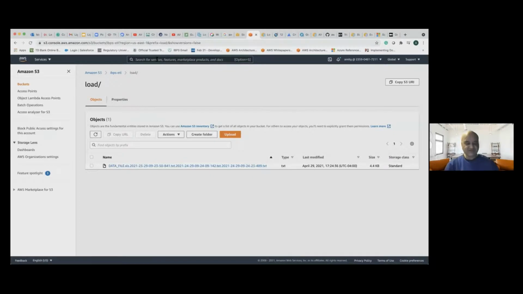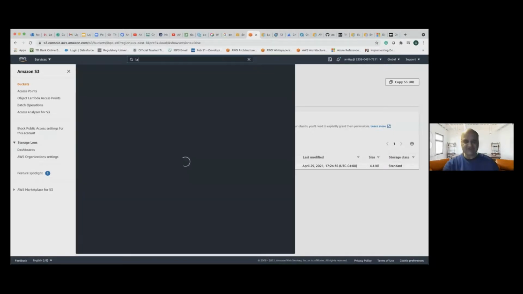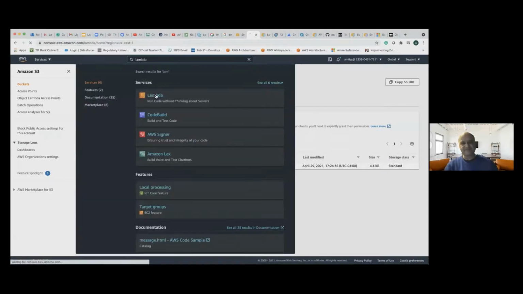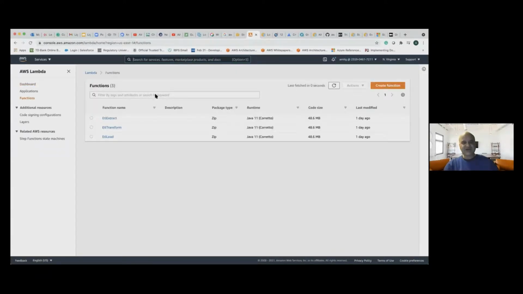Now behind the scenes, we are using Lambda functions. So I have 3 Lambda functions here. We have extract to extract the data, transform to transform the data, and finally load, just to load the data. Now, how are all these functions being called? If I go back to the step function,